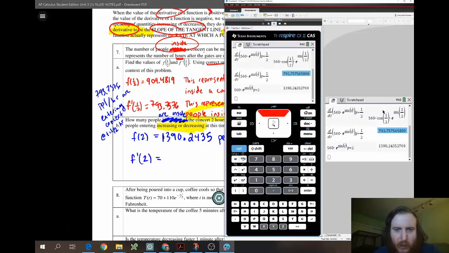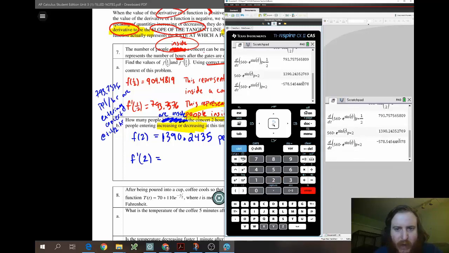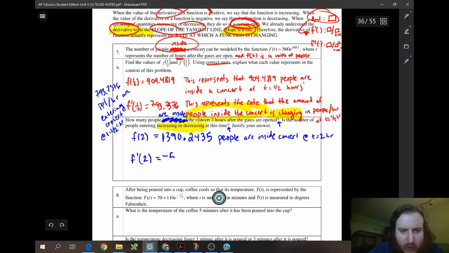So we're going to find that value for f prime of 2. So we're going to come back up here to where we had it as a derivative, and we're going to change our 1/2 to be 2, and hit Control Enter. We get negative 578.5454. So negative 578.5454. And so we can say the number, we're going to just rewrite it how they wrote it, the number of people. And again, this was just a bad wording, this shouldn't have said entering, it should have said inside. So the number of people inside